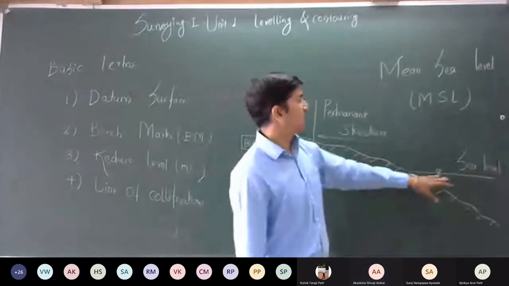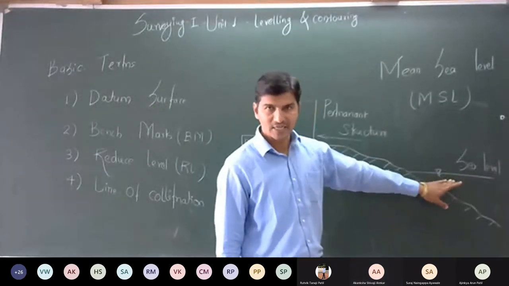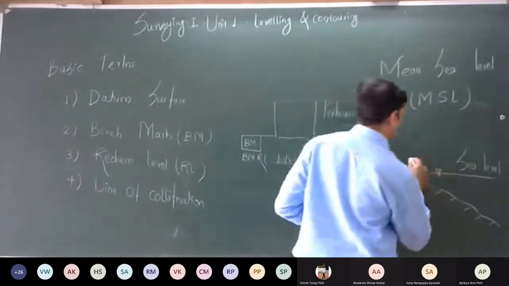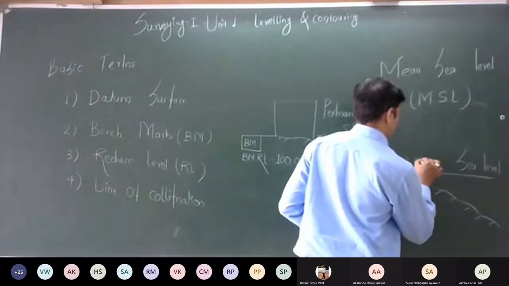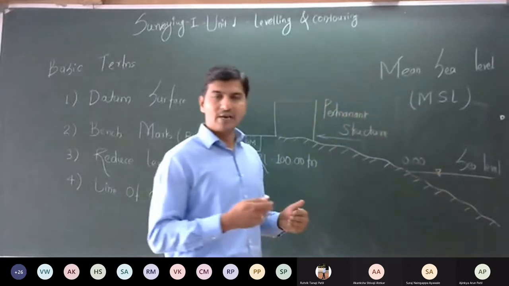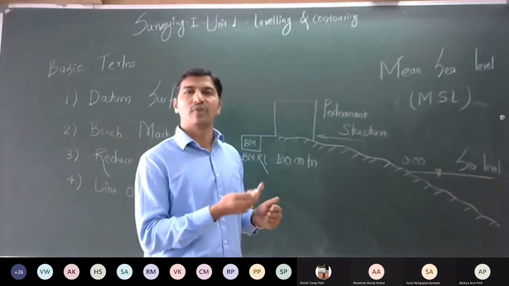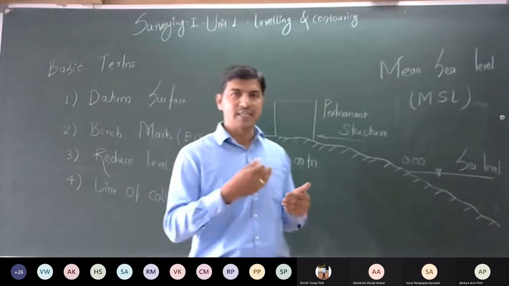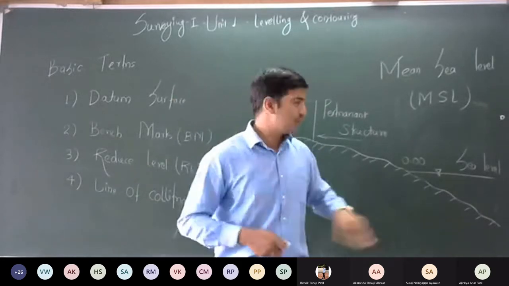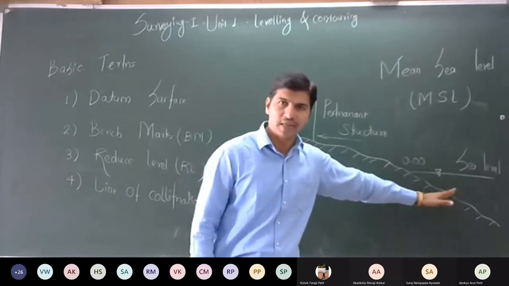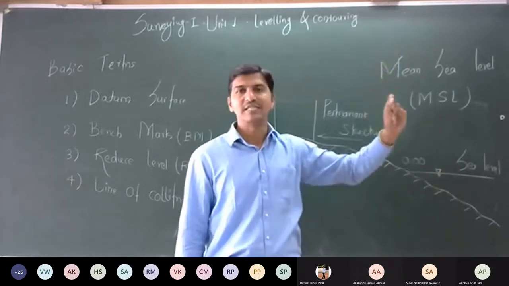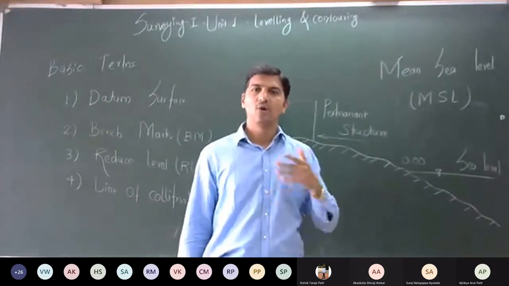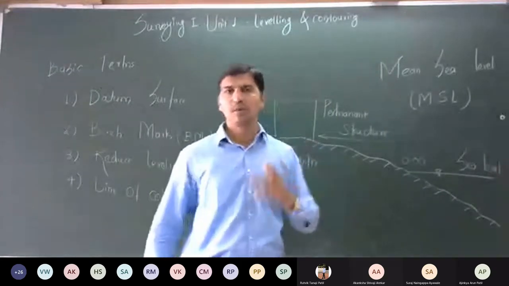We have taken the reference of mean sea level which is located at Karachi. So that point is your 0, 0. Suppose here it is 0.00. But we would like to find out the benchmark of some particular location so that we can take the reference. Because we cannot always go to that particular place which is located at mean sea level at Karachi. So it has a lot of issues or problems.